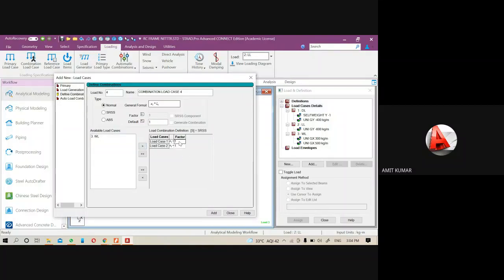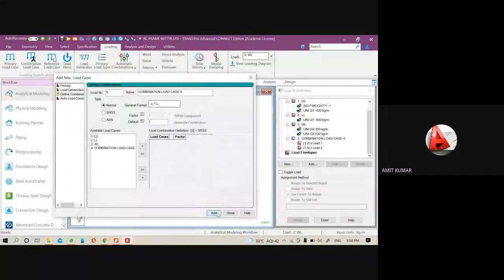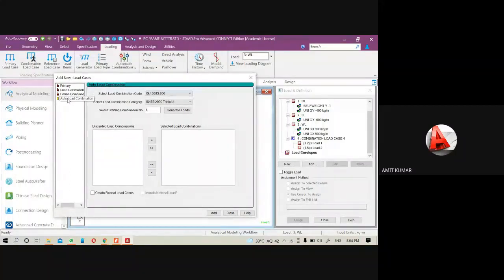So load case 1 was 1.2, so just change the factor to 1.2 here. And load case 2 was 1.5. Add.